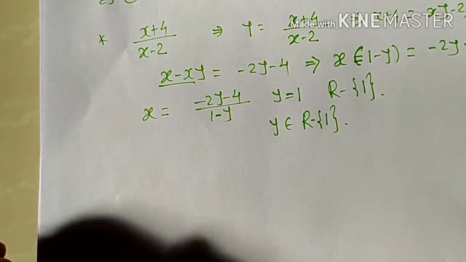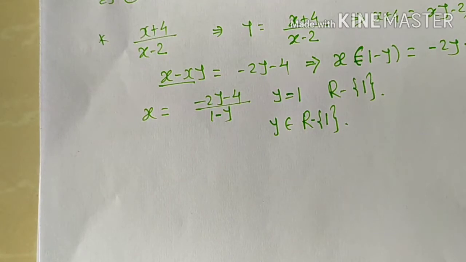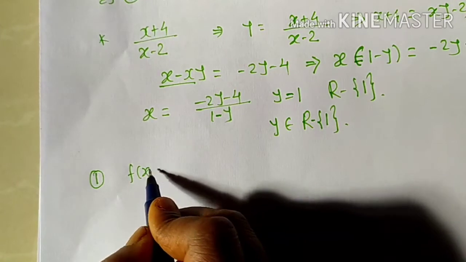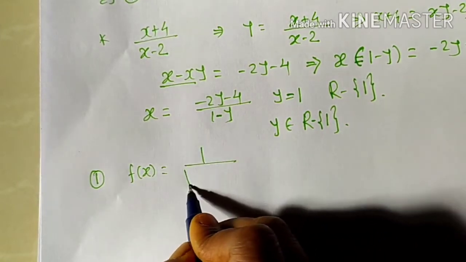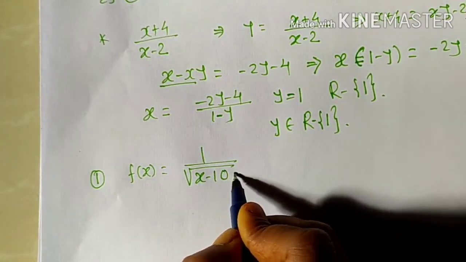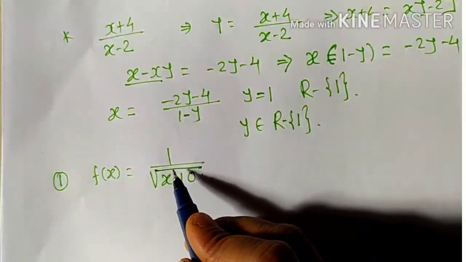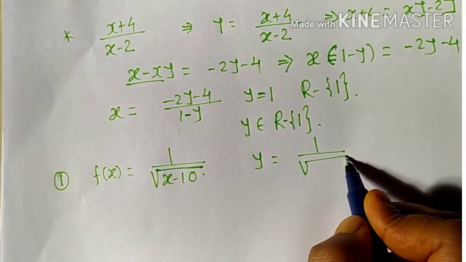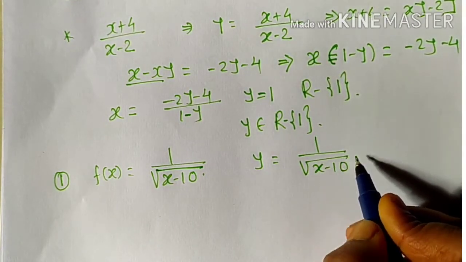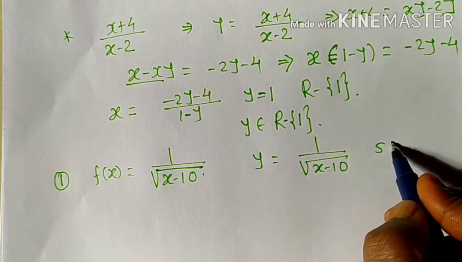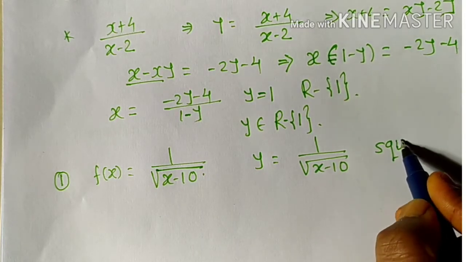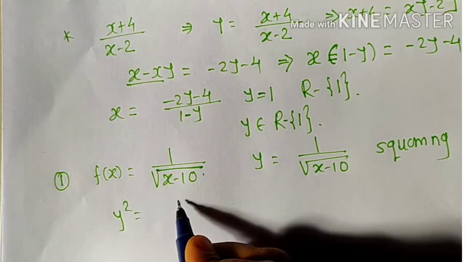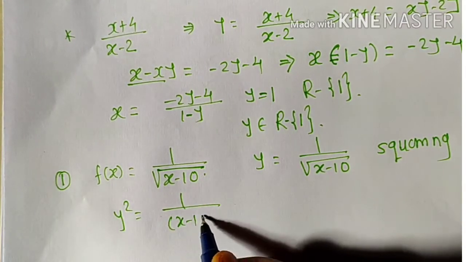Then next is, if there exists a square root term, then how to find the range. Next example: f of x is equal to 1 upon the square root of x minus 10. Then here also we denote this given function as y, so y is equal to 1 upon square root of x minus 10. Then in order to eliminate this square root, we square on both sides. Then squaring,